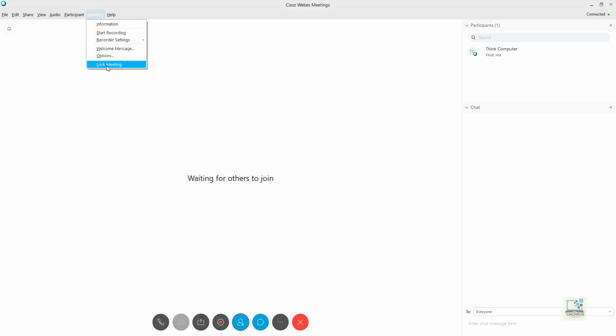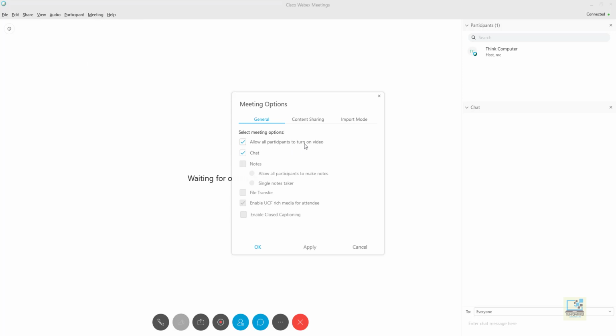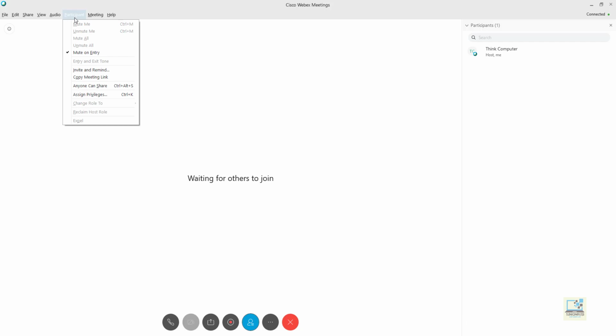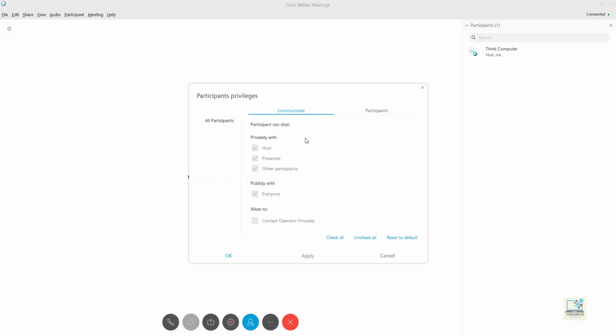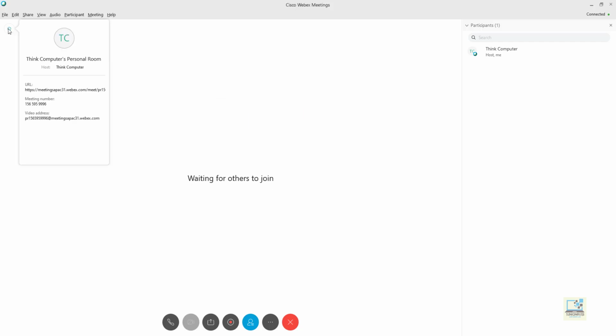Then under the meetings tab, we have lock meeting option, and under options we have some settings which we can change, some permissions. Under participants, we have the option of assign privileges. Some settings are disabled. You can click here to get the meeting info.